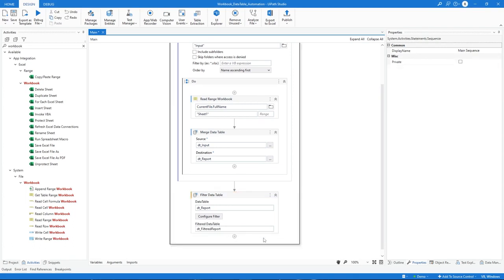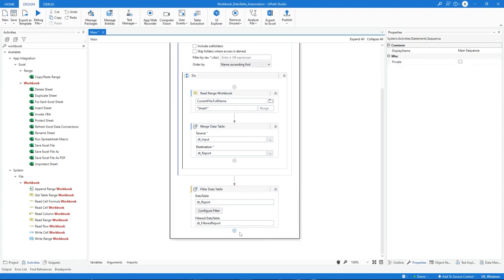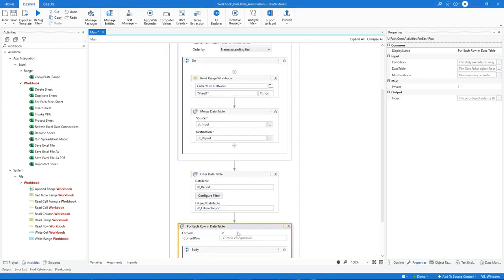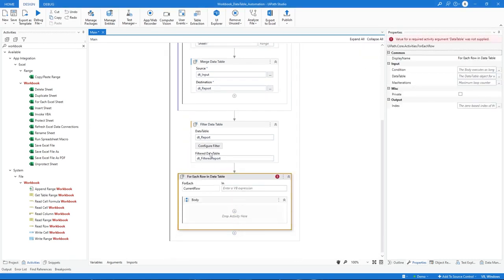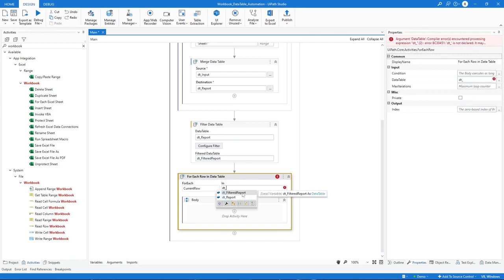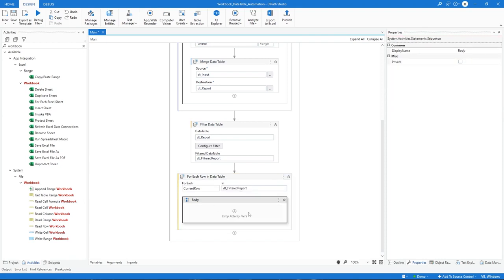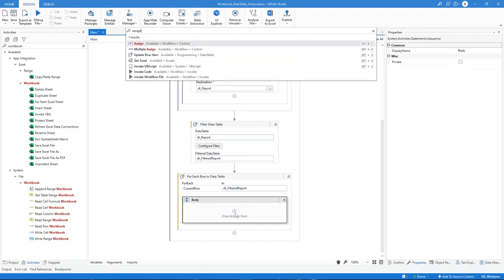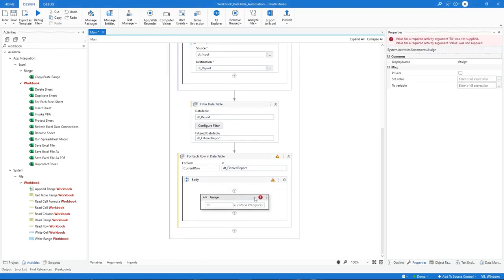Great! With the filtered data table in place, we can now add a for each row loop activity to the workflow. This will allow us to iterate through the data table and apply a 2% salary increase to each employee. Next, we'll add an assign activity inside the body of the for each row loop to modify the data. To update the salary column, we'll enter current row, open bracket, open quotes, salary, close quotes, close brackets, in the